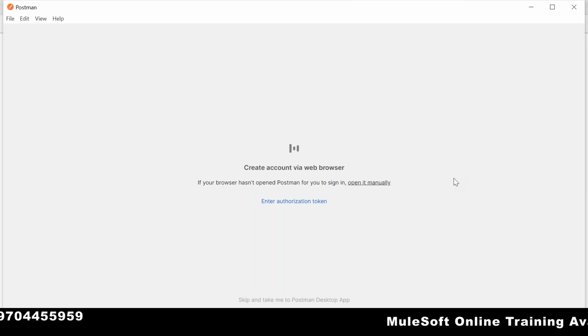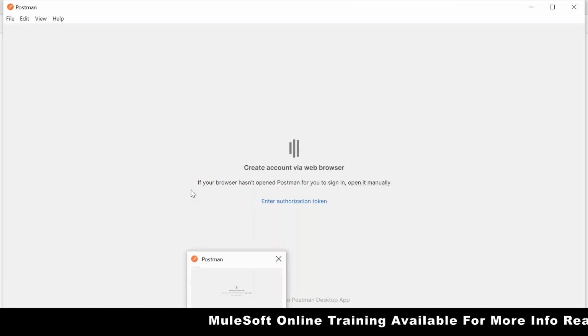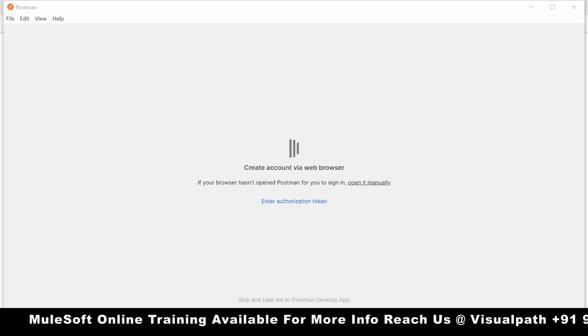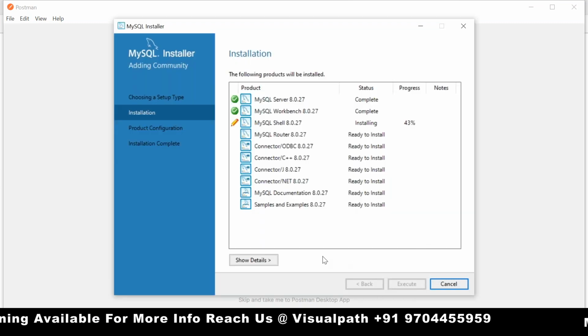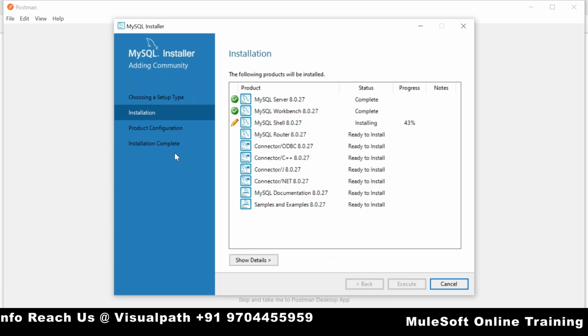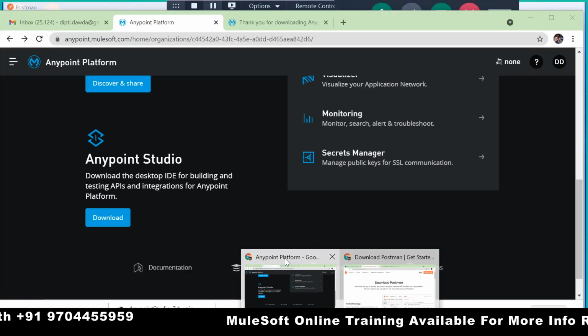In the meantime, can you open your MySQL account? And in the meantime, we'll install the Notepad++ as well, so that it will be easy for all of you to edit or modify your code.